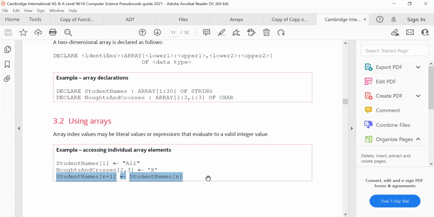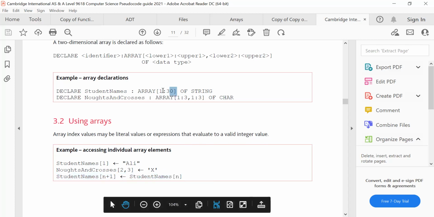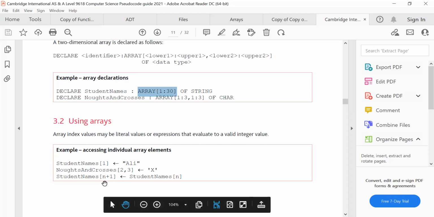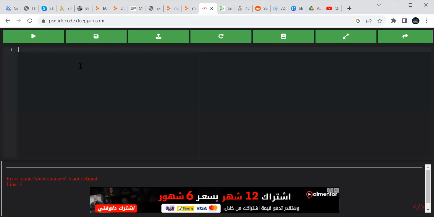So we know that he defined the array here from 1 to 30, right? The student names is from 1 to 30, right? So the first element in the array starts with 1, right? So for student names, between the square brackets we put 1, right? Okay, so it simply means that if we get this,